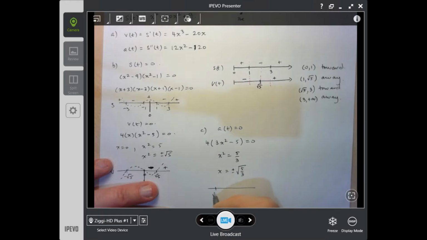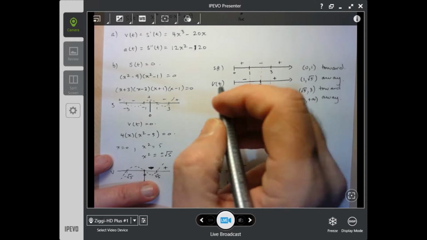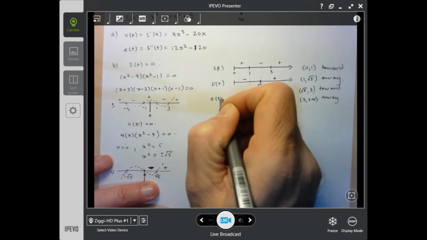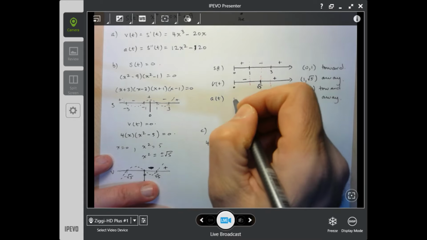So if this is negative root 5 over 3, and this is root 5 over 3, okay, I know that it's going to look like this. Okay, but since I'm only interested from 0 to infinity, it's going to be negative in this interval, positive in that interval. And so as not to have to redraw this again, underneath my velocity function, I will now draw